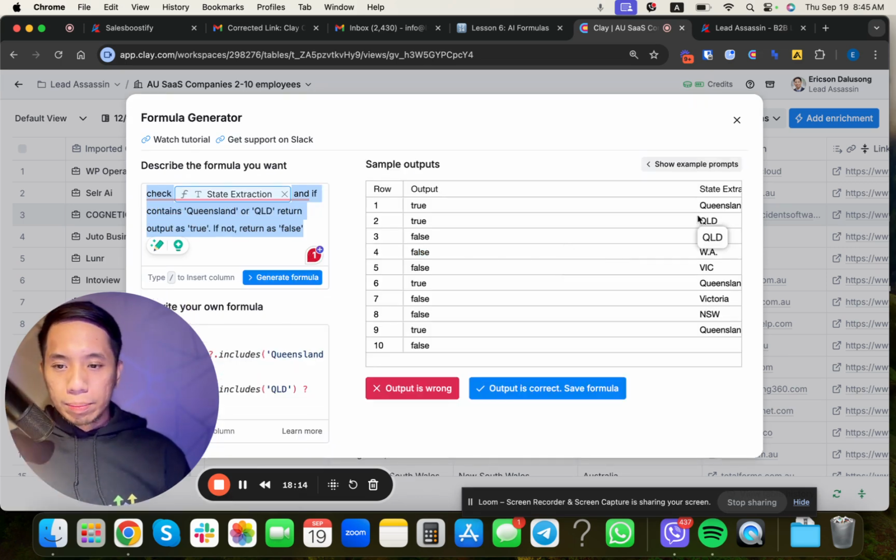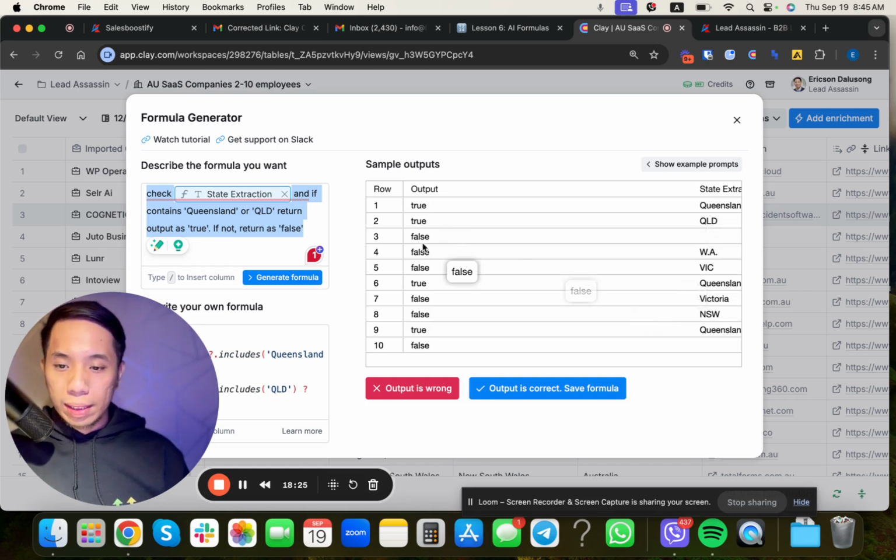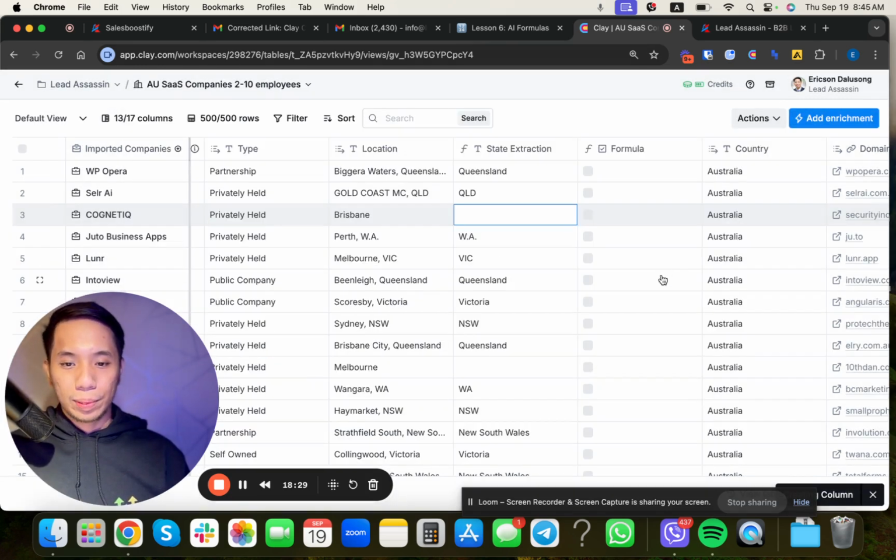All right. So as you can see here in the sample outputs, any cells that contains Queensland, the output is true. And then if not, false. So let's save this one.